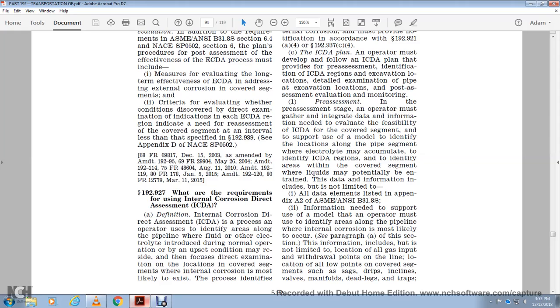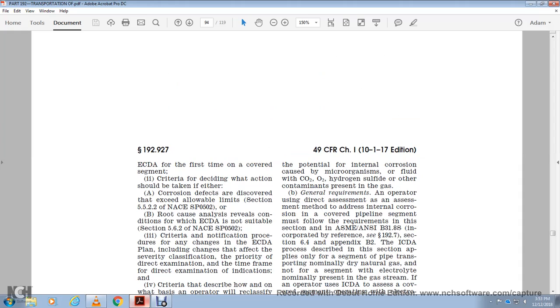192.927 What are the requirements for Internal Corrosion Direct Assessment? Definition: the Internal Corrosion Direct Assessment process must operate to identify the areas along the pipeline where fluid and other electrolyte are introduced during normal operation. The condition may review to decide the focus of direct examination of the locations covered in segments where internal corrosion is most likely to exist. The process identifies the potential for internal corrosion caused by microorganisms, fluid with carbon